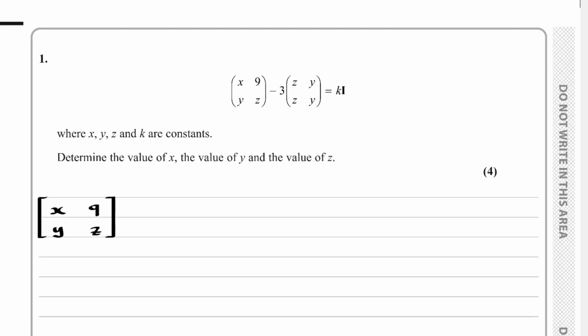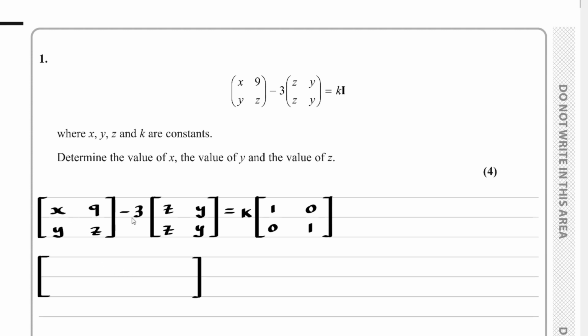To begin with, we have our matrix (X, Y, 9, Z). We then subtract 3 multiplied by the matrix (Z, Z, Y, Y), and this is equal to K multiplied by the identity matrix. The identity matrix is given by (1, 0, 0, 1). Now, on the left hand side,